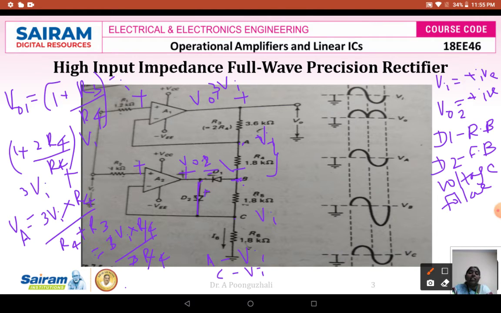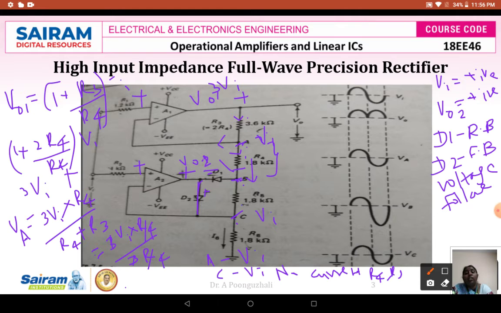That means here we can say that this voltage is going to be the same and this voltage is going to be the same. When the same voltages are present, there is going to be no current flowing through this R4 and R5. So no current flows through R4 and R5 then. In that case, this current is going to come here and it is going to get divided like this.